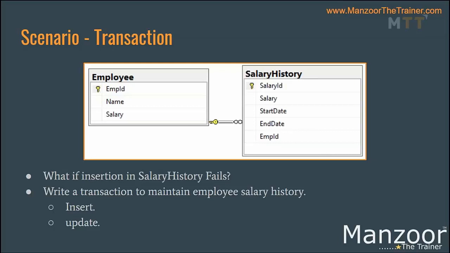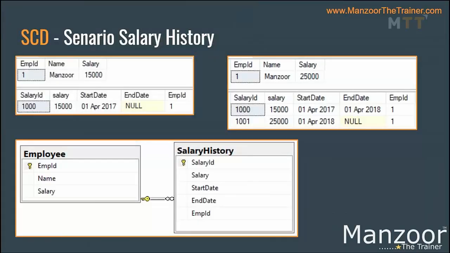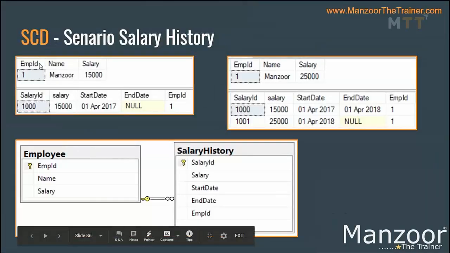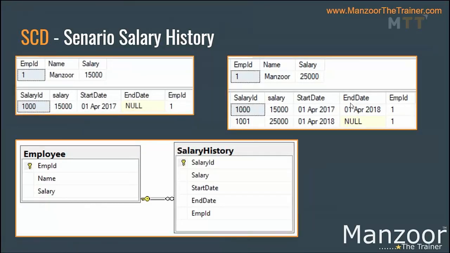In update, how many operations do we need to perform and what are those operations? 2 updates and 1 insert. So 1 update in the salary employee table, 1 update in salary history, 1 insert in salary history. Got it? I have shown this. I have explained this. This is what you need to implement. This is the assignment for the day. I think this is the only assignment that I have given. If you do this assignment, then you will get everything we have.